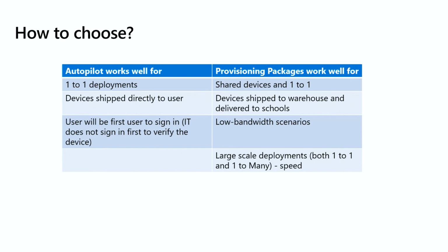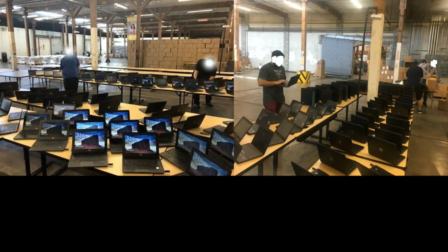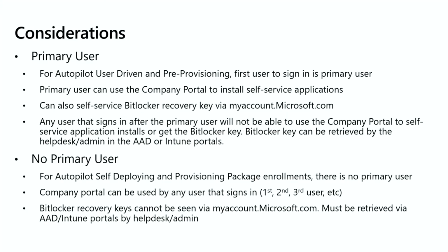works well for, the third item on that list there, where it says the user is the first user to sign in. So if the user you're giving the device to is the first one to sign in, they're the primary user, they then can use the company portal to self-service application installs. They can get their own BitLocker recovery key. So if you're going to be signing in as the IT admin, well, then they're not going to be the primary user anymore. So you should then start to look at, okay, well, if I'm going to sign in, maybe